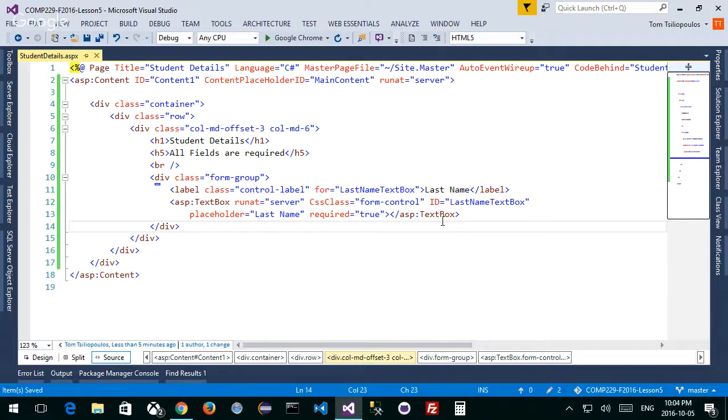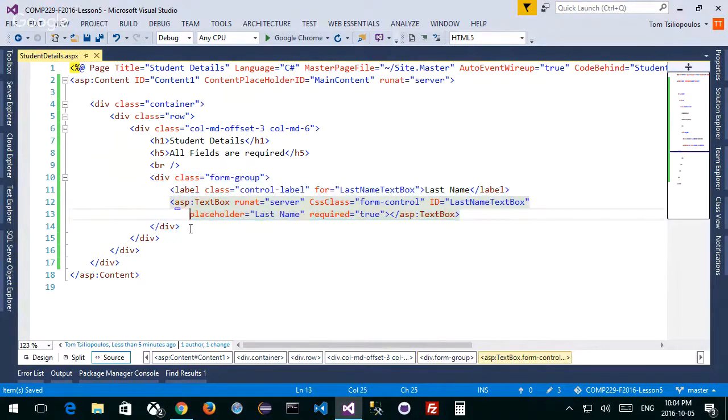Now you've done this already with your contact form. It's the same. So if I want last name and first name for my student, I need 3 pieces of data actually. I need last name, first name, and enrollment date. Enrollment date's kind of tricky, because enrollment date has to have a certain format.